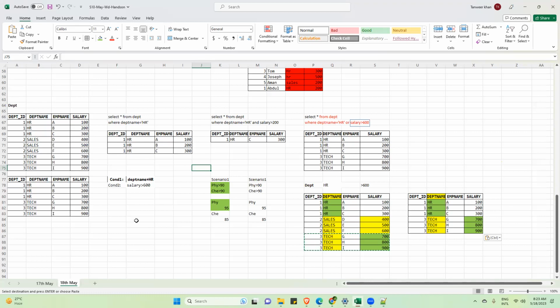So for that, we want to see how many employees are there. So accordingly, whatever fund we have, we will distribute. And the same thing happens when you get increment or bonus. So my manager told me, Tanvir, please display all the employees who are working in HR and sales department. First of all, is the question clear?